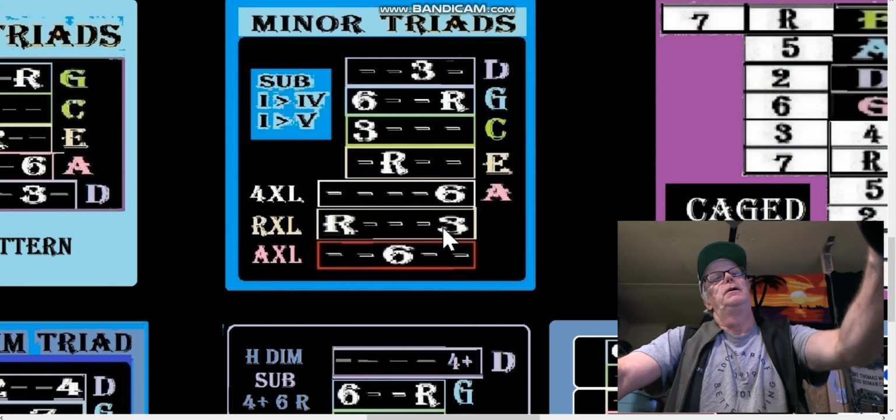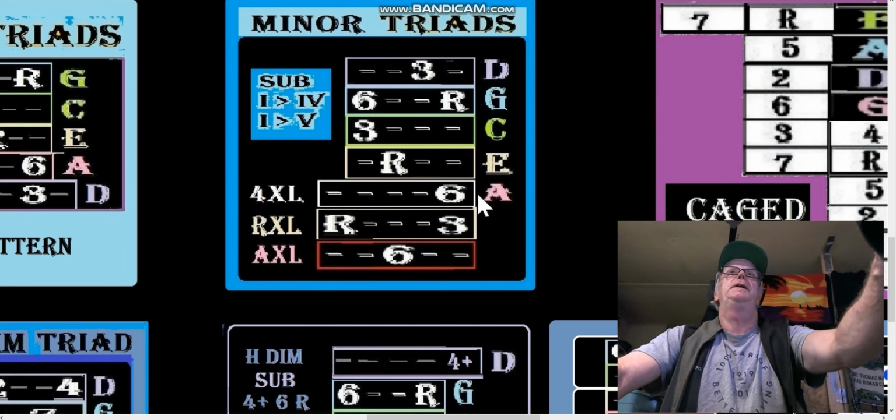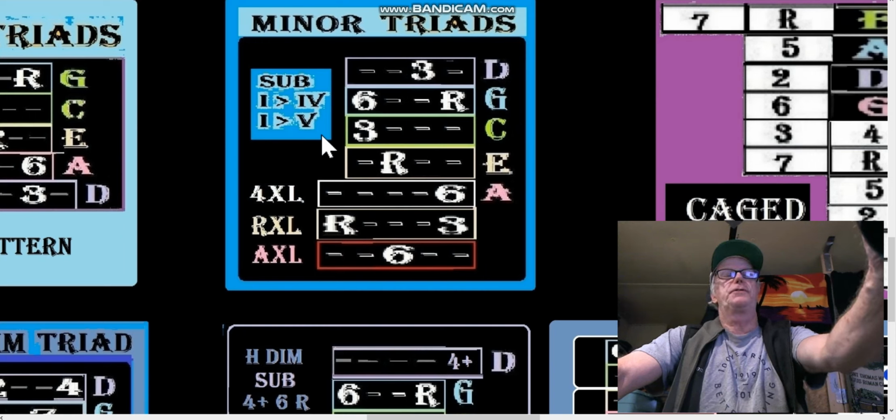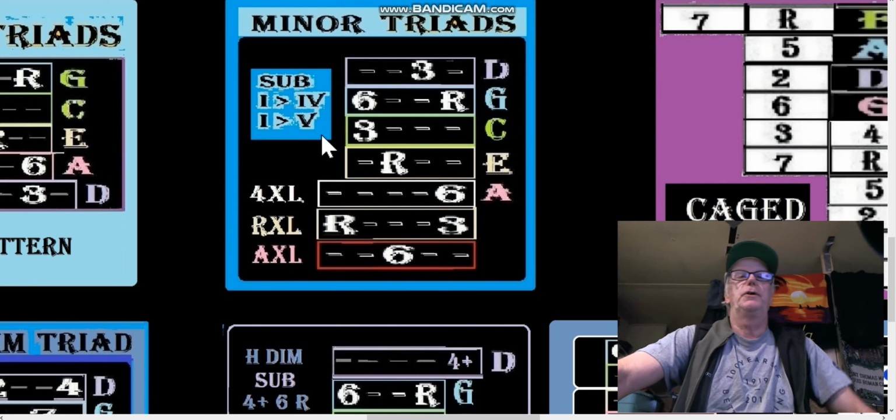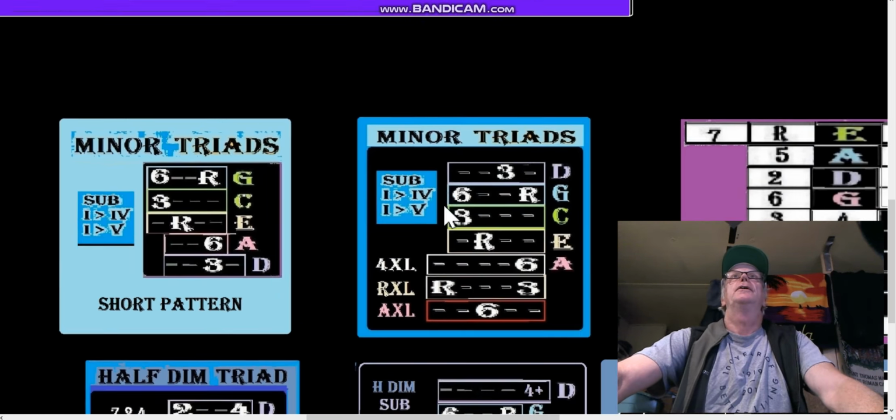In the original key, it would be 4-7-2. But now, with a 4th substitution, it's root 4 plus 6. So we're going to look at that too. Now let's look at those string